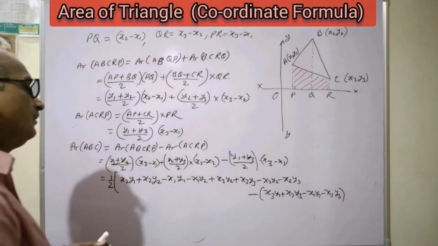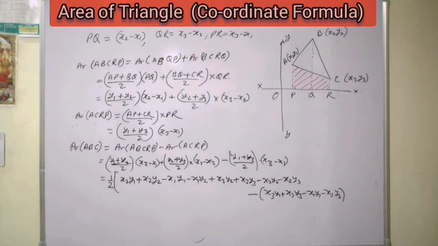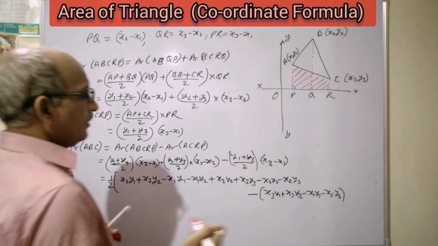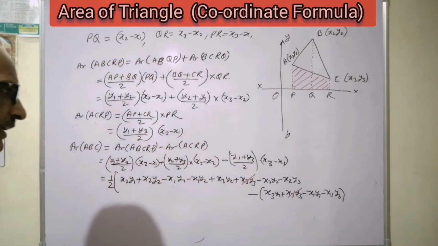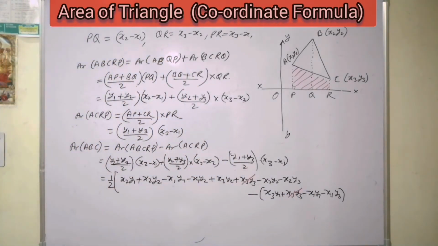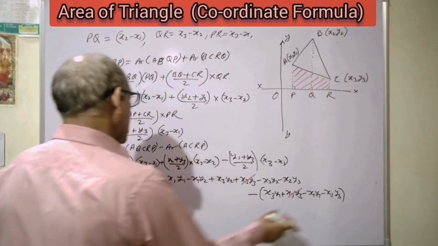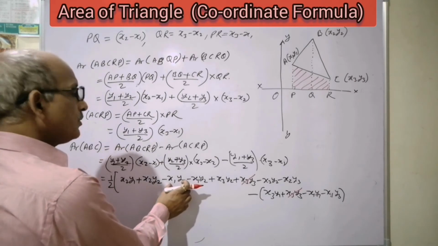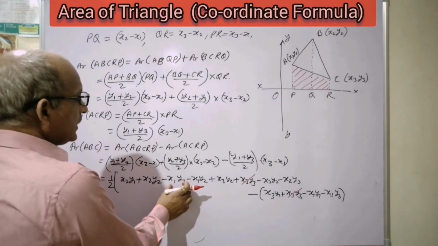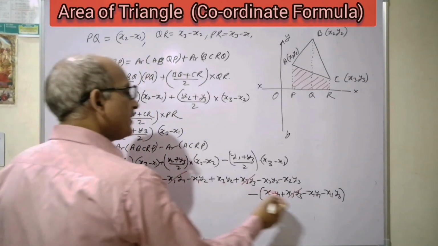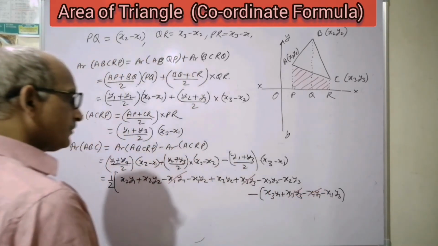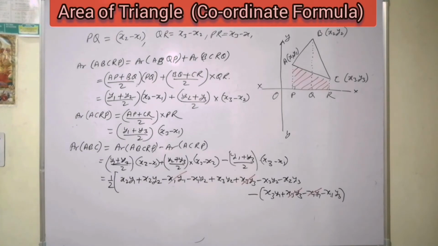Now we'll see x3 y3 inside the bracket and outside the bracket, both where it is available, so it can be cancelled. One thing is gone. Next is x1 y1 inside the bracket, and x1 y1 is also outside the bracket, but this is negative and this will become positive, so these both can also be cancelled. Now we have x1